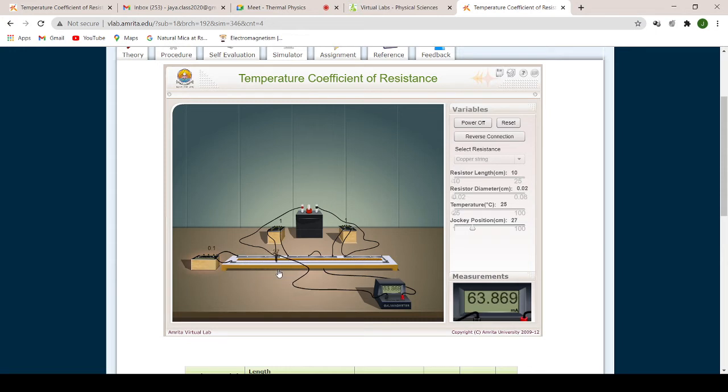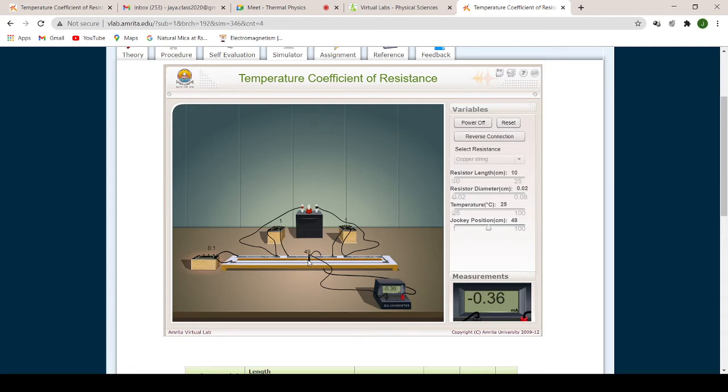Okay. So you have to move the jockey like this and it has to show 0. Slowly you do it. I tried it so many times. I'm not able to actually put it exactly at 0. Maybe you girls can try it out. I was able to reach very close to 0, about minus 0.36. I'm not able to move it beyond this because it is not showing readings in between.